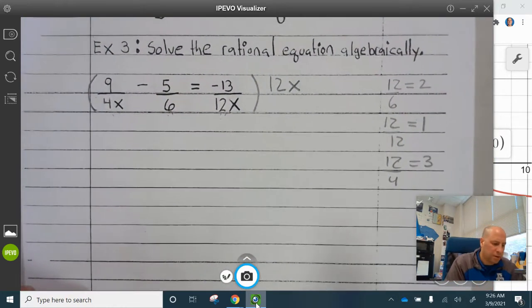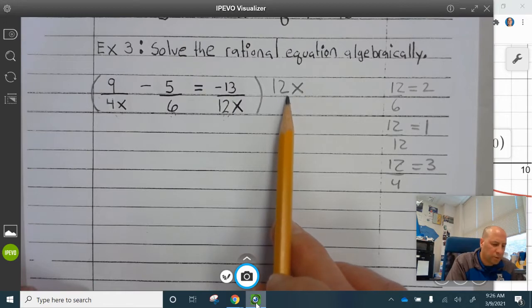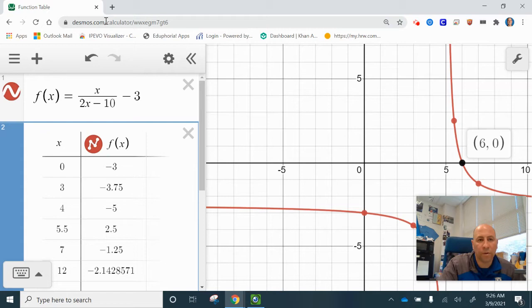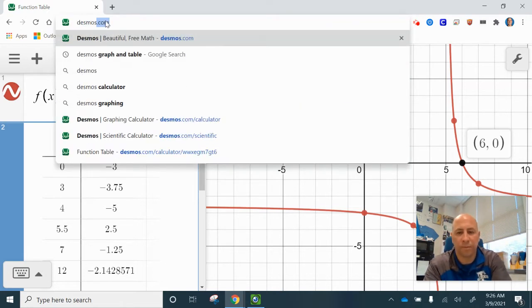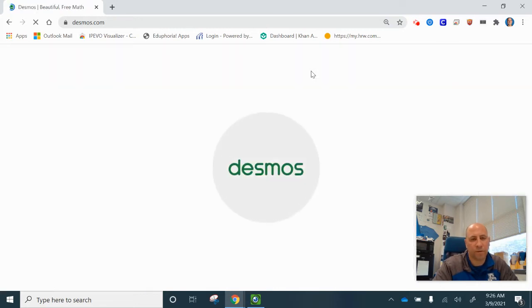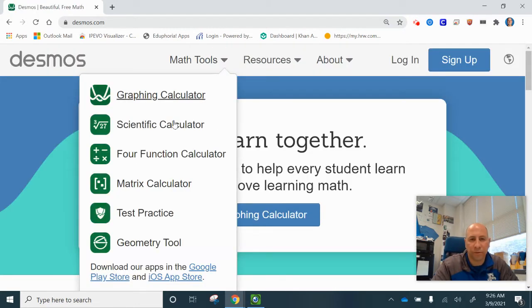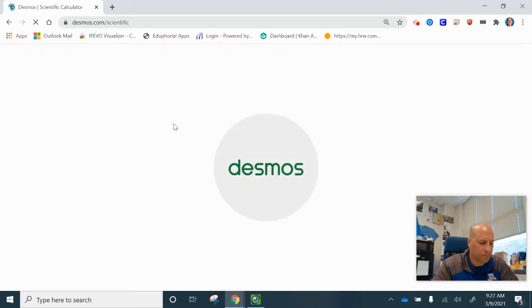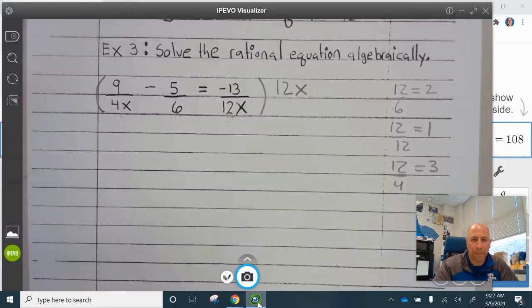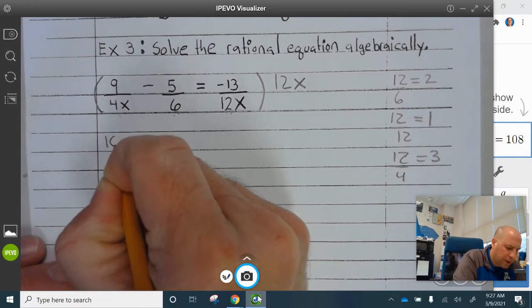So 12 times 9, and we can just use a basic calculator if I can find it. You know what? That's okay. We can go to Desmos.com. Let me just use Desmos. All right, math tools, scientific calculator. So 12 times 9 is 108. So this is 108x